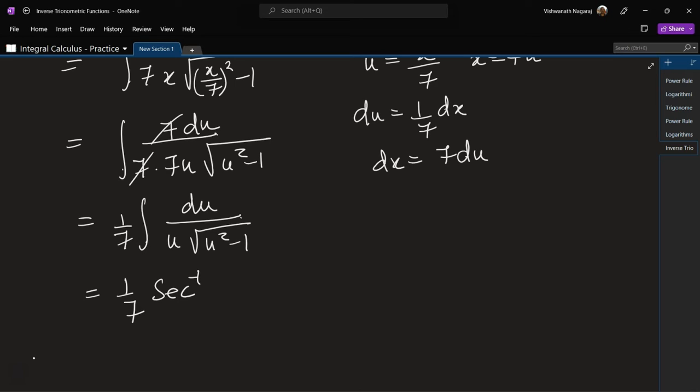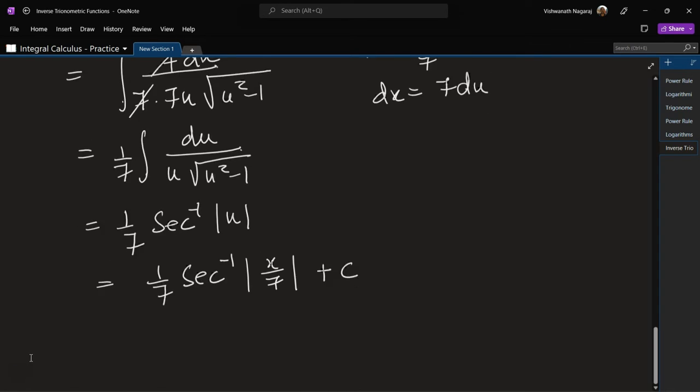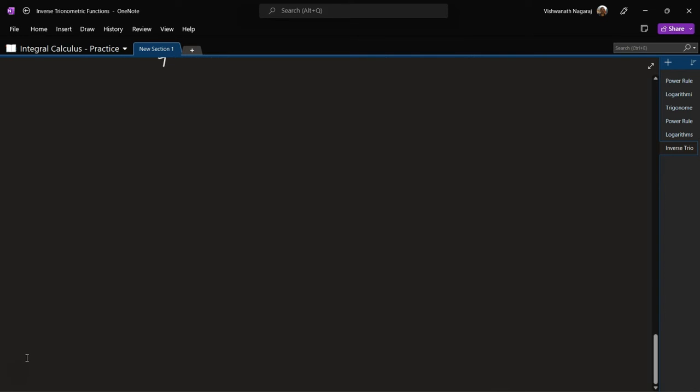So now we just integrate it. We know the integral is sec inverse of absolute value of u. And reverse substitution, we get sec inverse of x by 7 plus c. Okay, for this 7, no, we don't have to put the absolute value. Okay, fifth one,